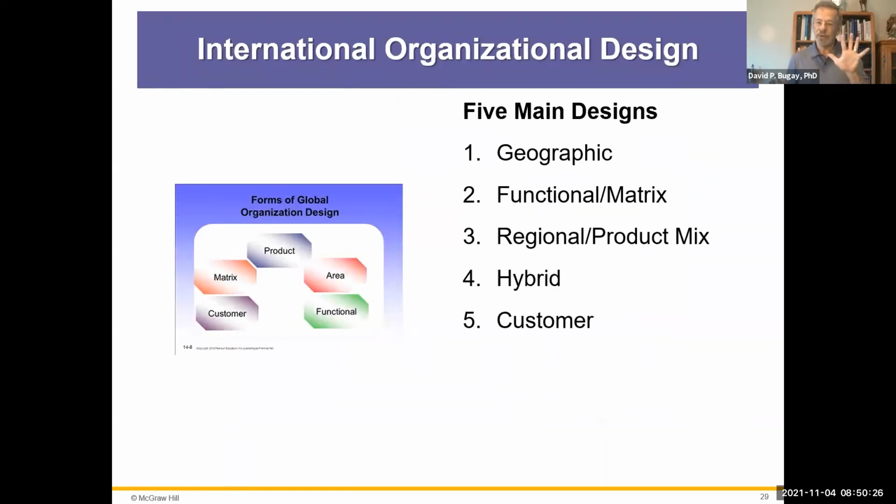Here really are your 5 main designs: the geographic, the functional, the matrix, the regional product, and the hybrid where you combine multiple approaches in a different aspect, sometimes customizing it to a special area or just focusing on a specific large customer. So that said, these are the 5 main designs you'll see, but you'll also see a lot of different types of designs, such as the one we first talked about, the Disney model, how they had to change everything because of increased competition in the technological field.